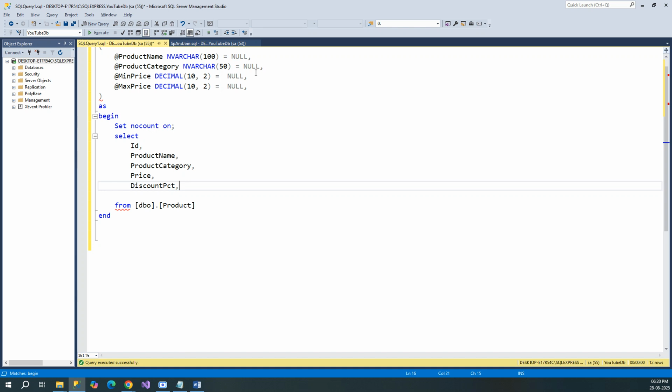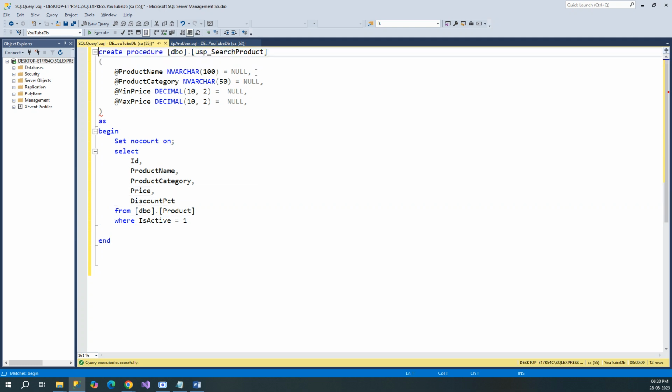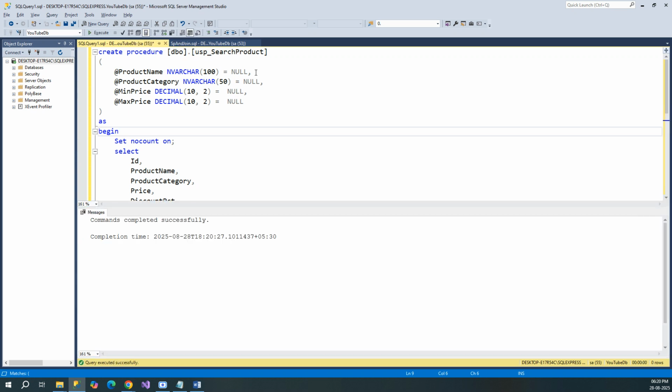So what we will be doing actually, we will only search those products which are active. So let me put that condition first, where is active is equal to 1. Okay, good. The last comma over here is not required. Let me just create this SP